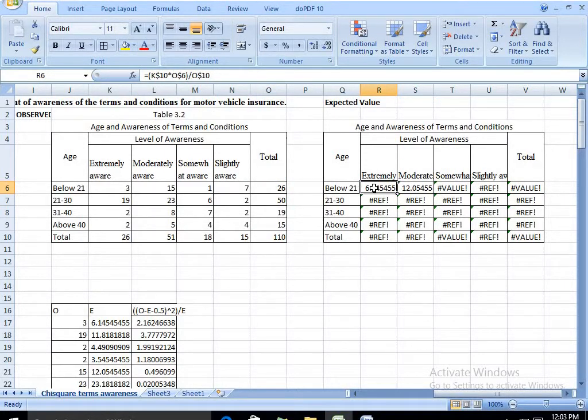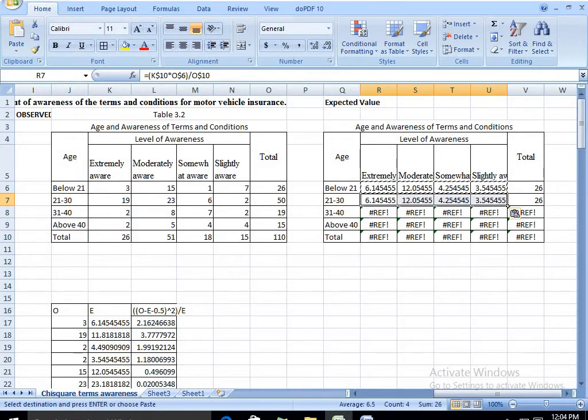Row total into column total divided by overall total. So your row total is L10, your column total is O6, and the overall total is this. So I have not changed the first thing. If you drag it for the next two things, it will be getting altered, and you are able to get the same answer. Now if you are going to copy this and paste it in the bottom part, everything will be coming out in the correct manner.